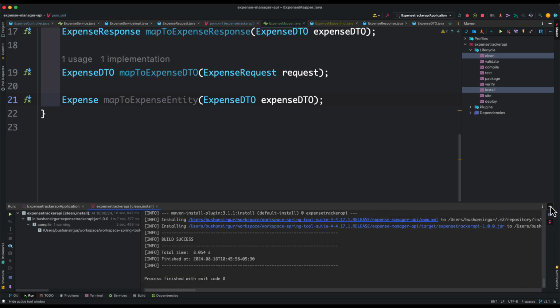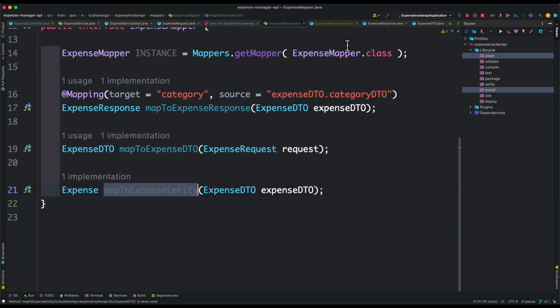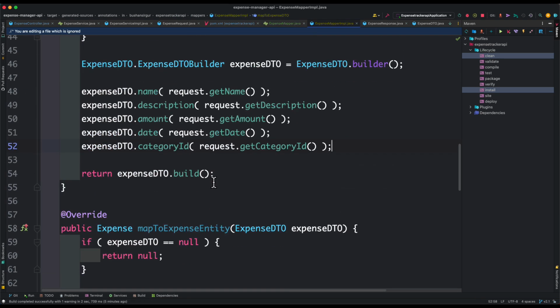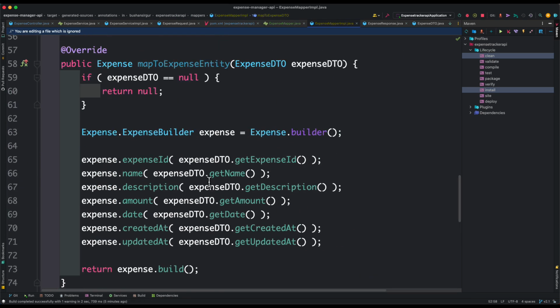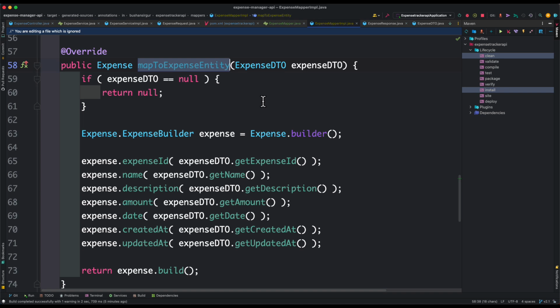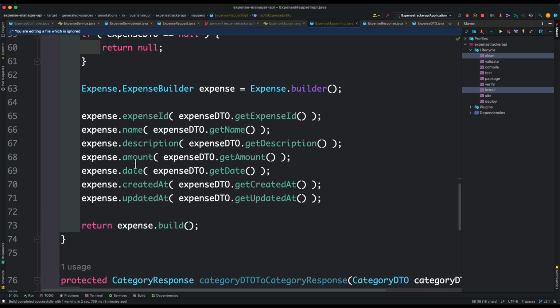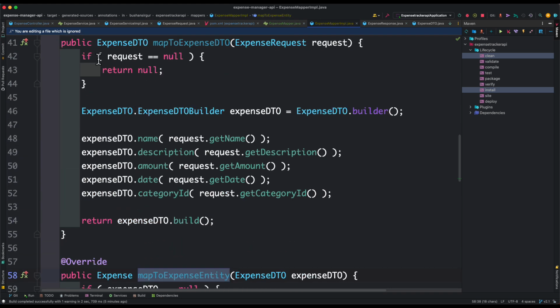Okay, the build is success. Map to expense entity. If you go to the map to expense entity, you can see it is going to copy all the values from the DTO object to the entity object. Awesome. So now let's go to the service implementation,